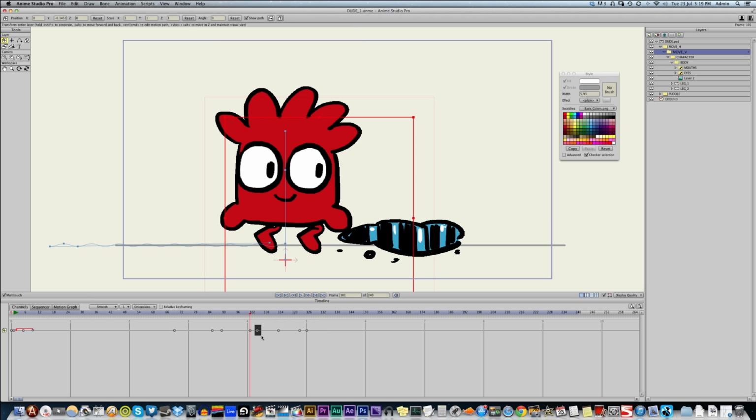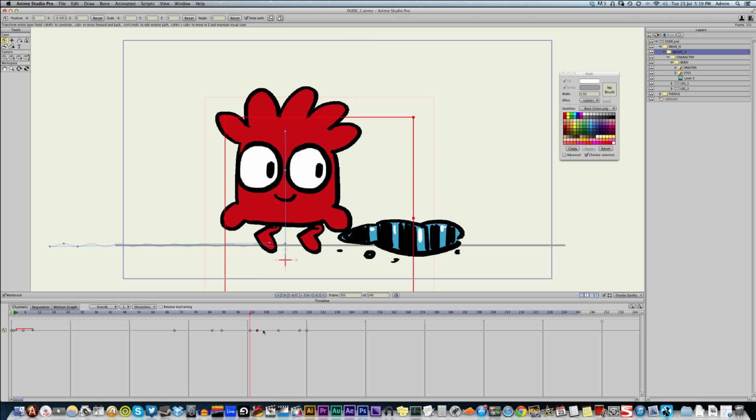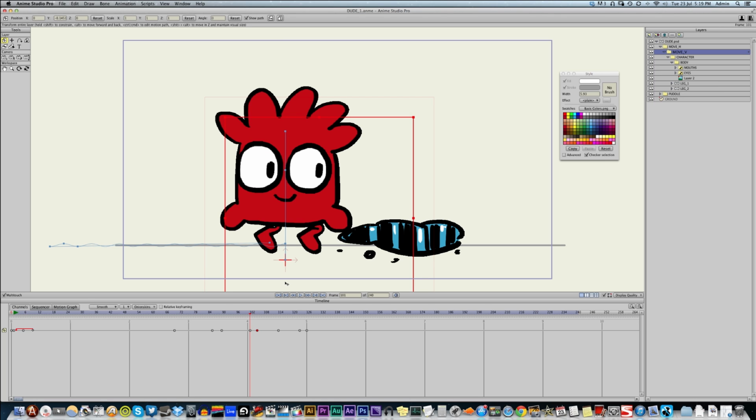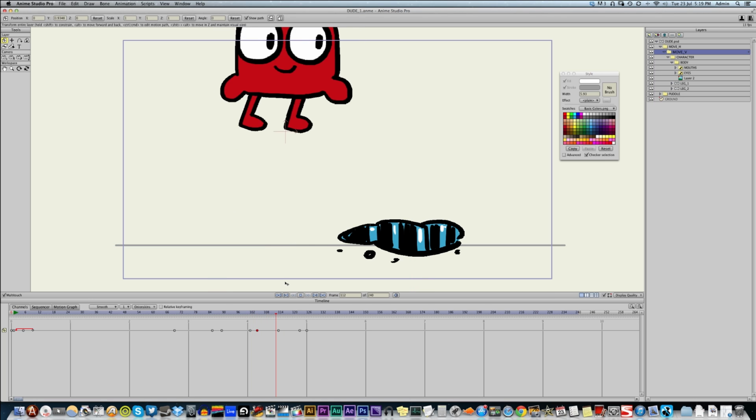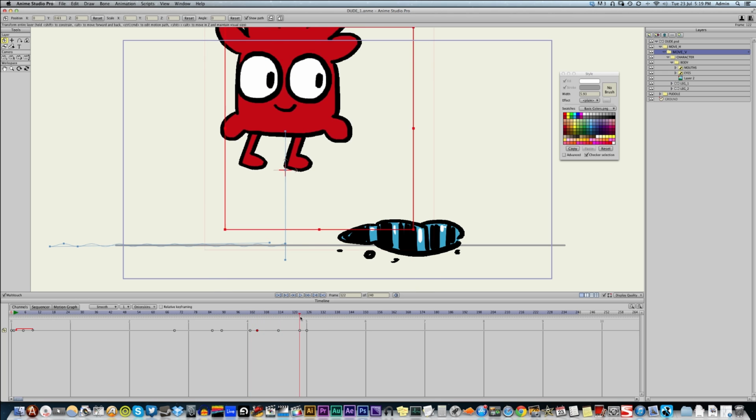And if we didn't have these 2 keyframes, you get this floaty movement and it doesn't look right. But these 2 little frames here help it accelerate and then slow down. That looks cool. And then when he lands,